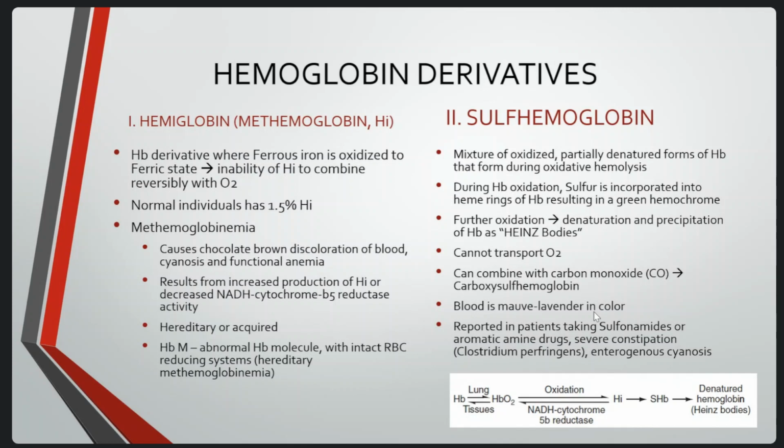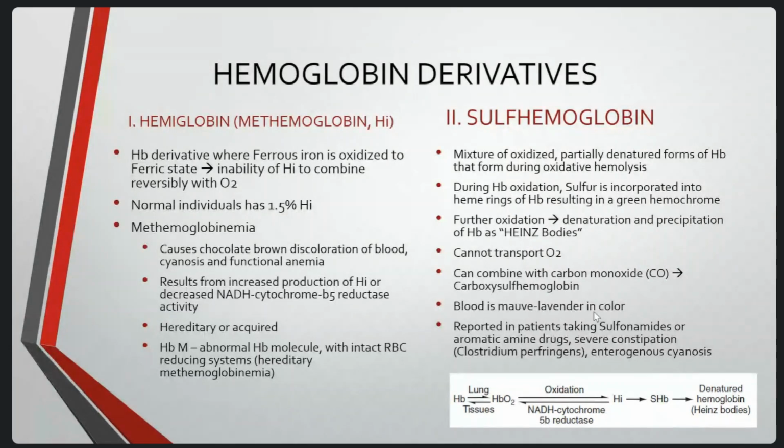And this causes a chocolate brown discoloration of the blood, cyanosis, and functional anemia. This also results from the increased production of methemoglobin or decreased NADH cytochrome b5 reductase activity. It can be hereditary or acquired. Another form of methemoglobinemia is hemoglobin M, which has an abnormal hemoglobin molecule with intact RBC reducing systems,